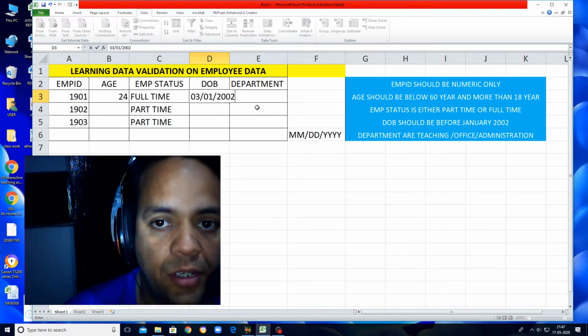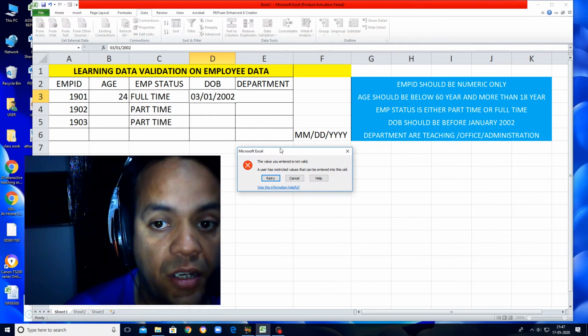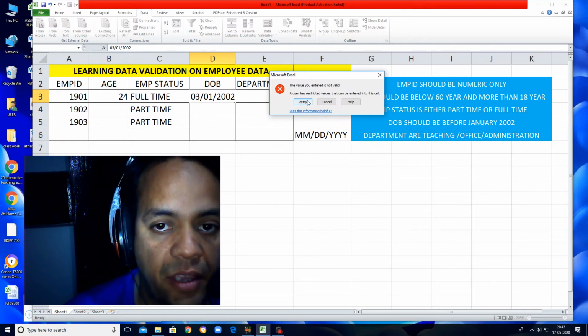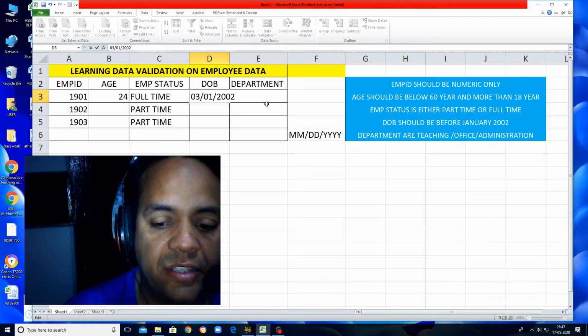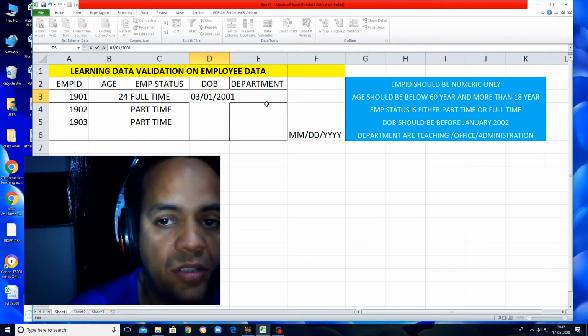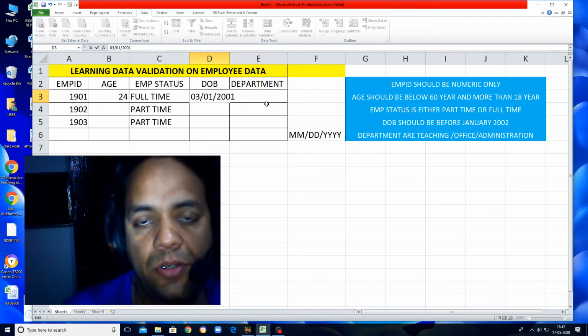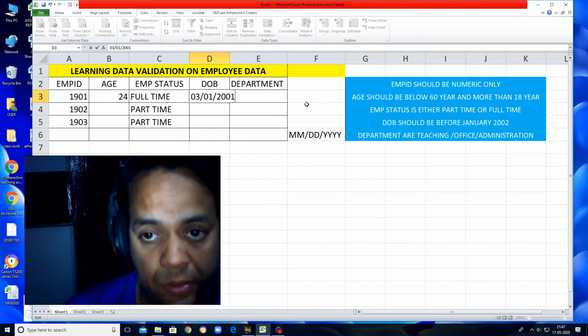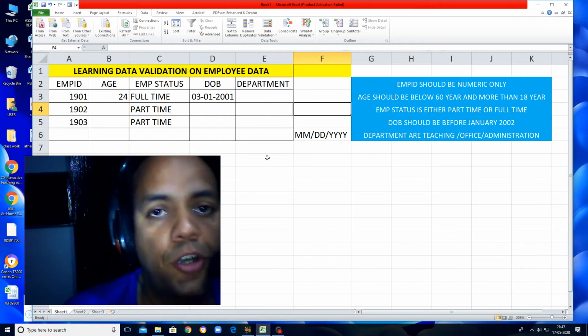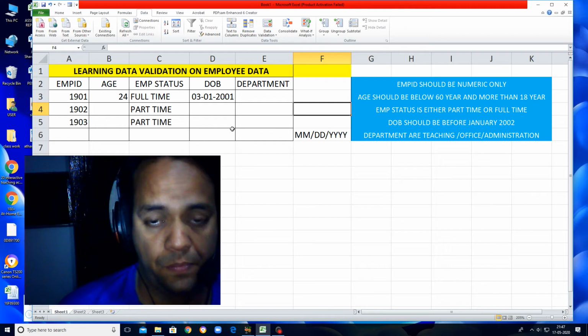Let's see if it's working or not. It's not working. Immediately an error is coming. I cannot do that. Okay, what I do here is I just change the year, because it must be less than 2002. So 2001 should work. Yes or no? Yes, it is working. It's not showing any error. So we have learned date validation.